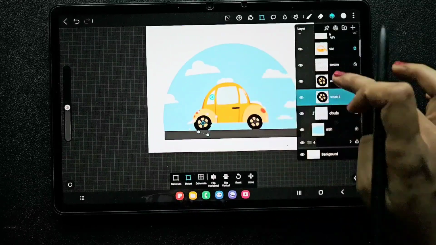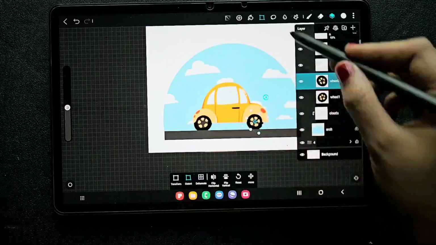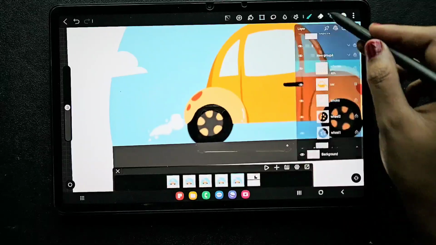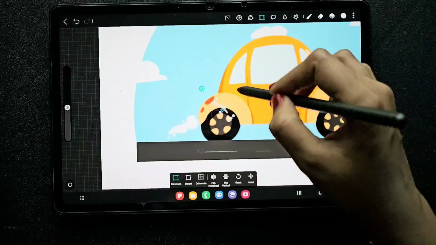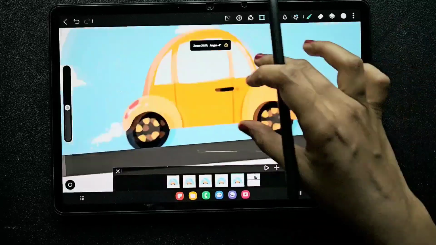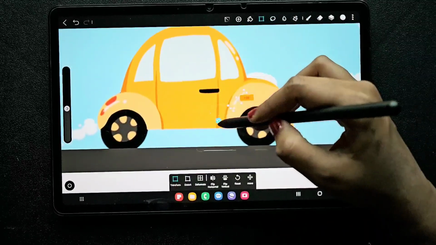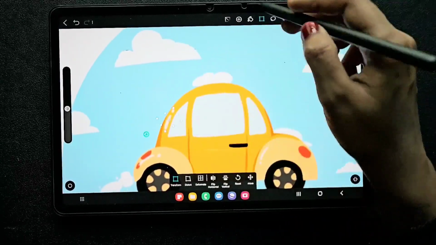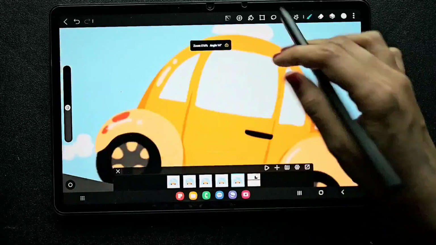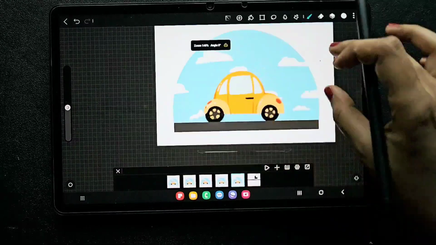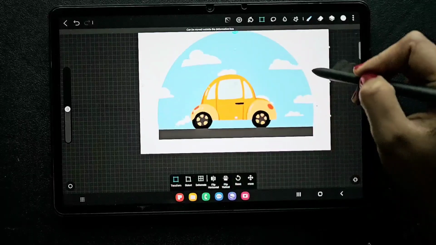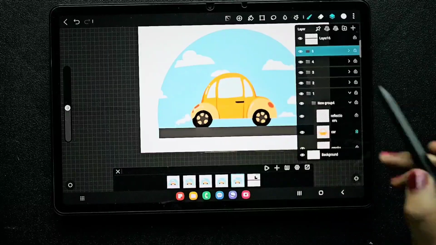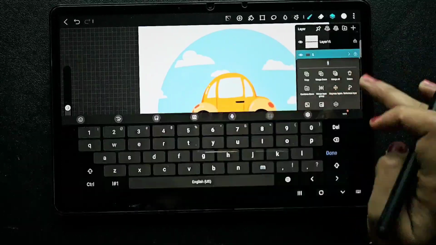When it comes to shrinking and expanding the size of the entire car, make sure which layers you have to expand or shrink. For example, for the even number layers, I'm going to shrink the car, and for the odd number layers I'm going to expand the size of the car. So that's a trick, make sure you do that. Also, understand the cloud process as well, you will find it helpful. So now move the cloud, and yes, here we got a little bit of animation. So do the same process again,